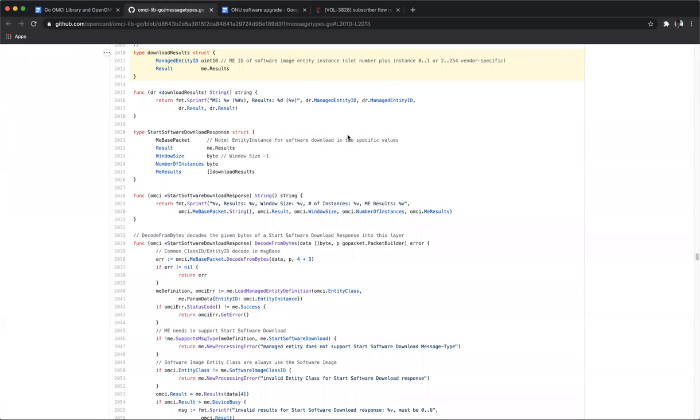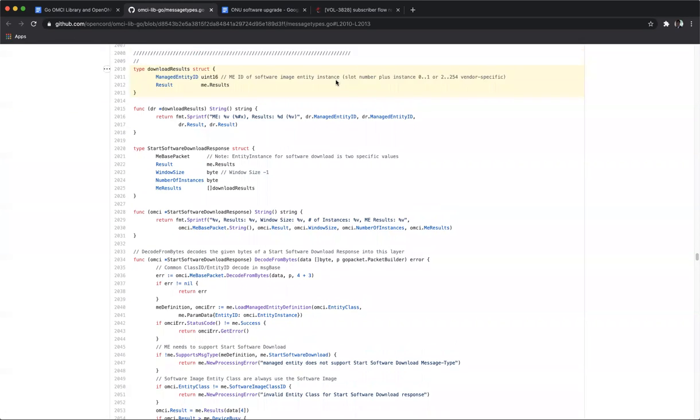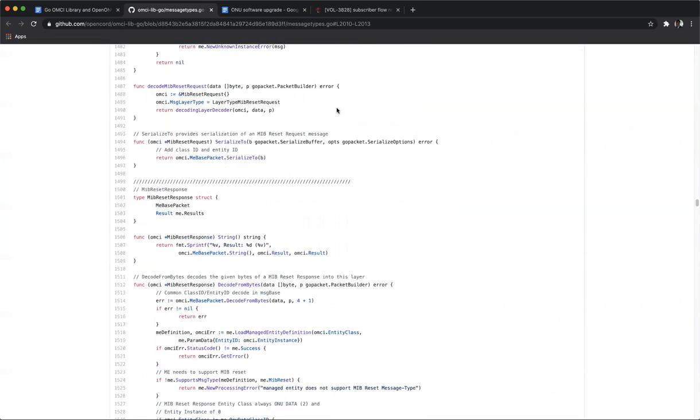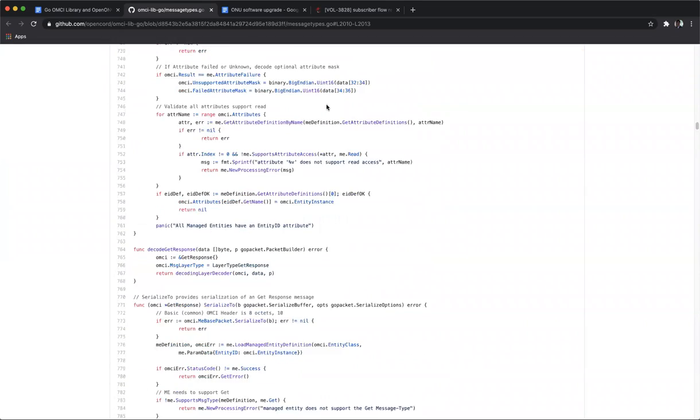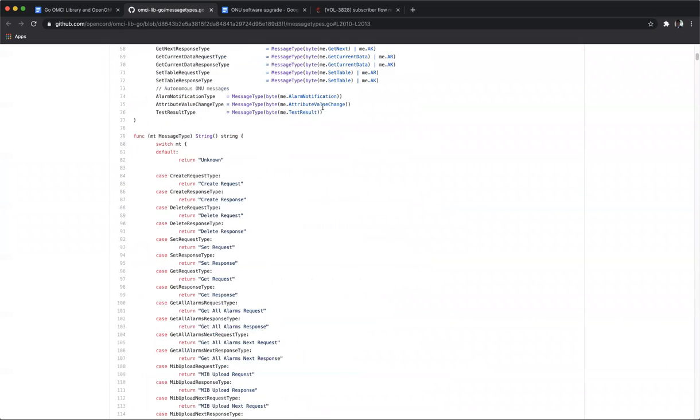Let's see. So, Chip, quick question. Is this file somehow generated, or can I just change it and submit a pull request? Because if that's the case, I can make it, no problem.